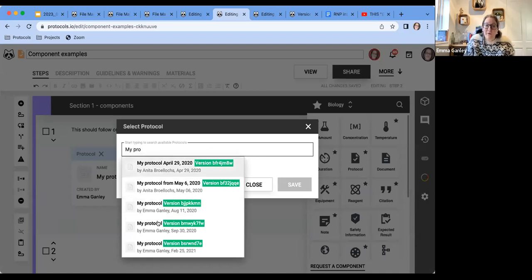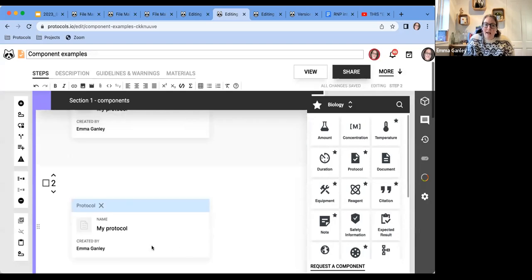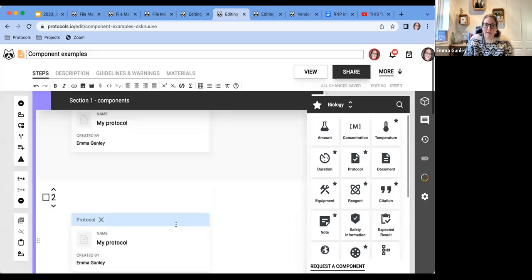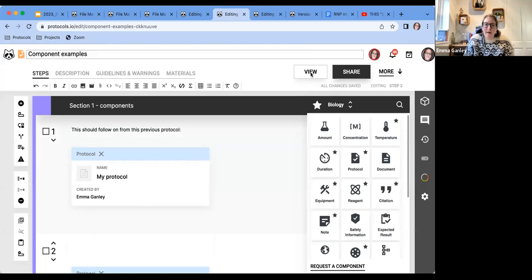So my protocol, search for files by me. Anita is another former protocols employee. So we've obviously all done lots of tests on my protocols over the years. So I can link this and load collapsed and save, and it adds in the protocol here. So I've done that twice now, a little bit unnecessary, but what's quite nice is when you